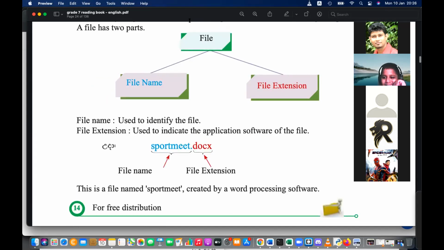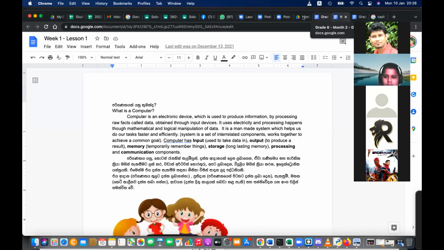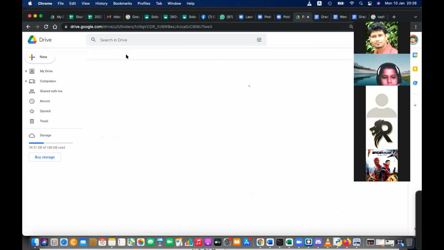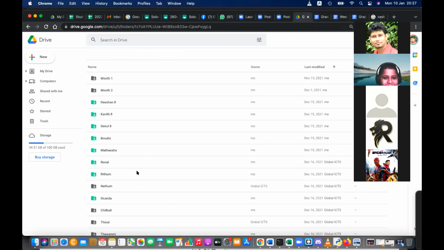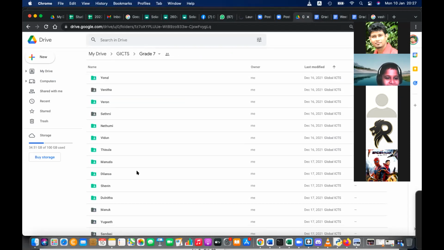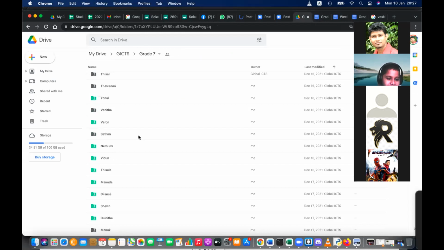Right. So I'll do this using the sharing basis. And before that, let me go to the note. This is your grade 7 note. And we are in month 3. That's only file, under your name.